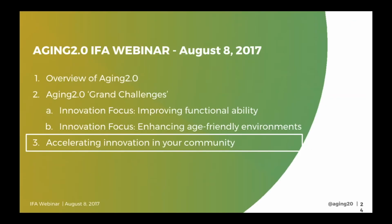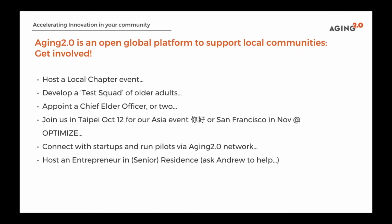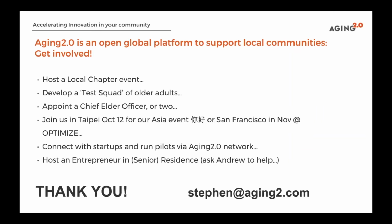So, the final section, as I wanted to leave some time for questions, is ways to get involved. There's a whole opportunity where we can have individual events. There are local chapters, as I said, about 60, where people can get involved. We would love to hear about needs that older people have. If you know about an unmet need that could be elevated to get startups involved, it's always good to hear what people need, and it's always good then to test ideas